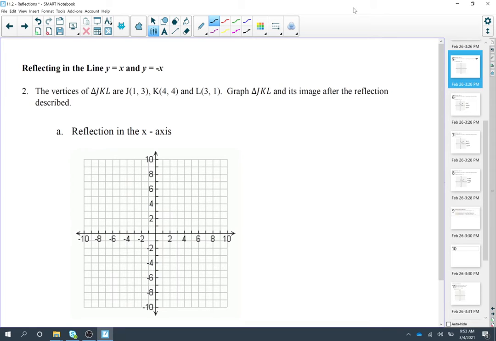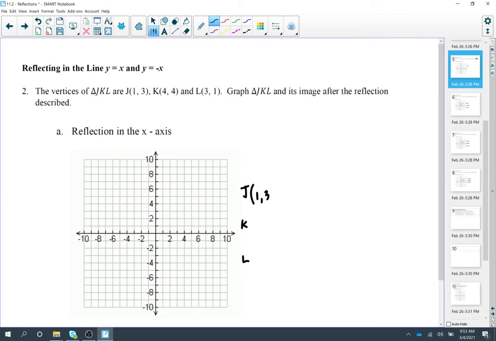Reflecting in the line y equals x and y equals negative x. So number 2, the vertices of triangle JKL are given. Graph triangle JKL and its image after the reflection described. So JKL,